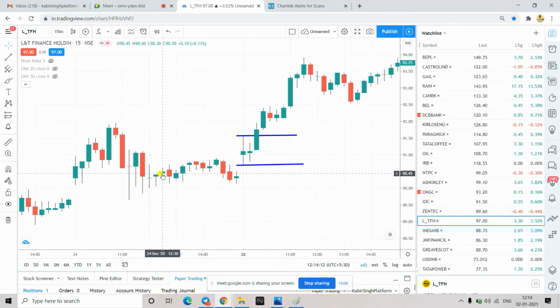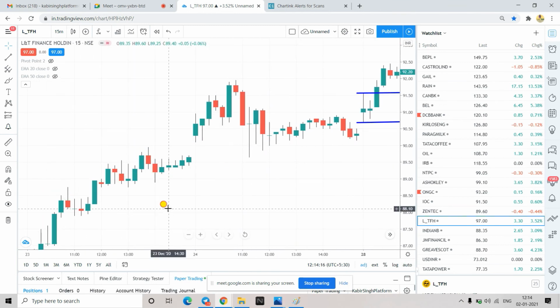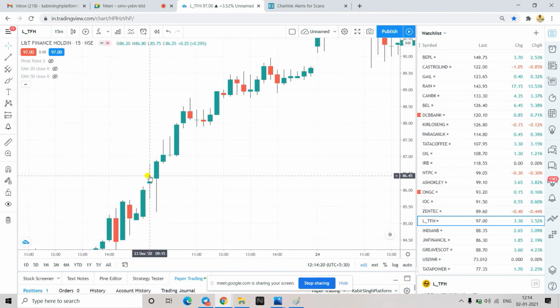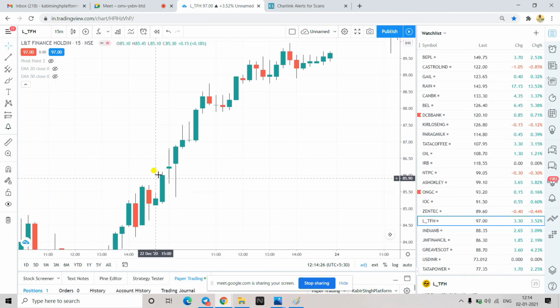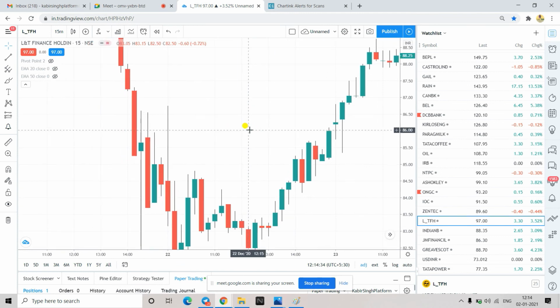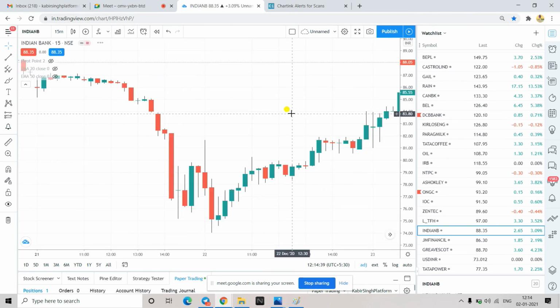I'll just show you a few more examples. You have got an understanding of this open range, right? Yes, Kabir. Similarly here also, this is again 9:15, this candle has tried to go down, but then it has gone up. Previous day high is also broken. So that is double confirmation. If you follow this, you will definitely get an accuracy of more than 90 for sure.